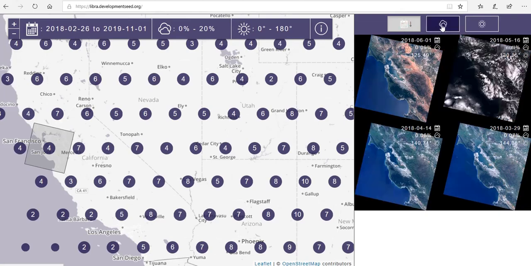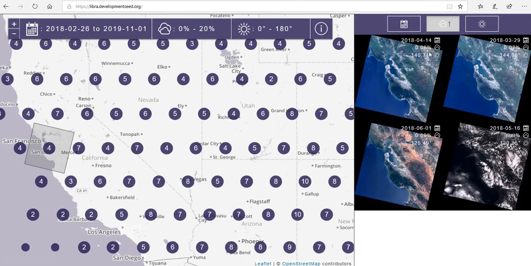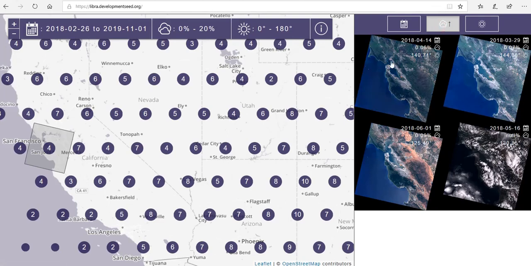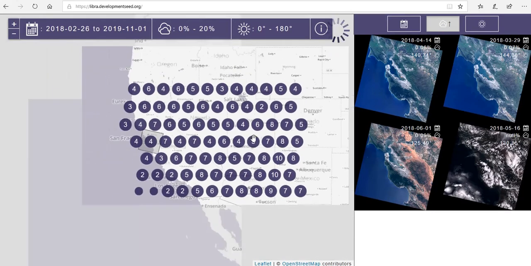And you can sort them by cloud cover. In this particular sort, you will see that the image which has the least cloud cover, which is 0 or whatever else, will come on the top, and the other images will go at the bottom. So let me just zoom out